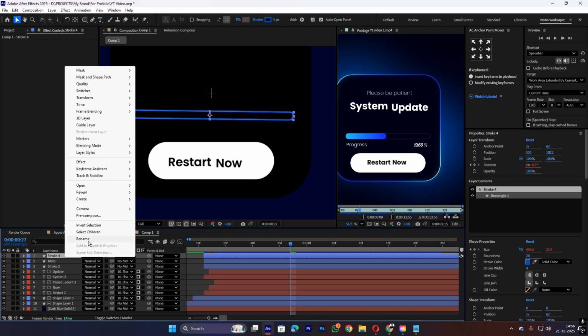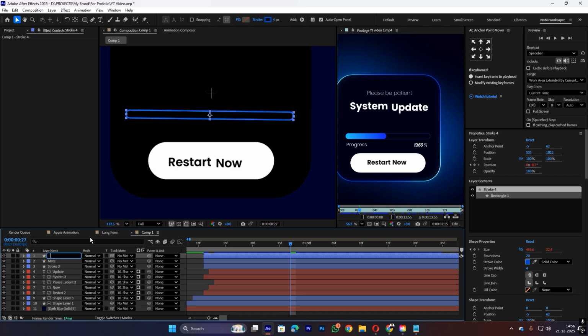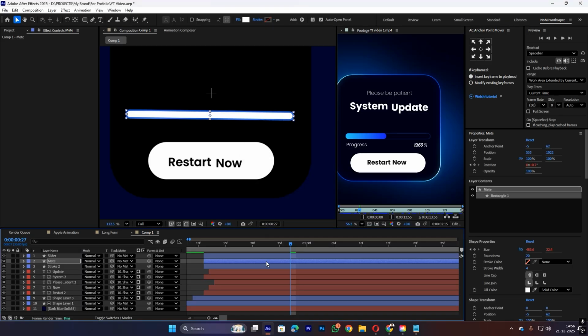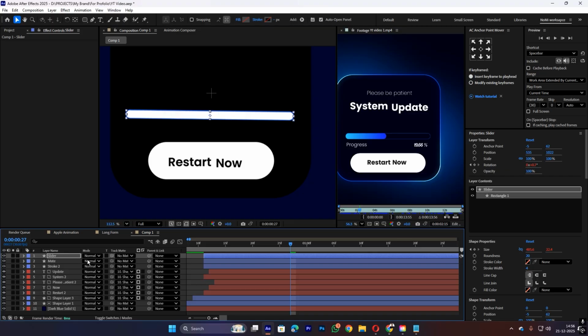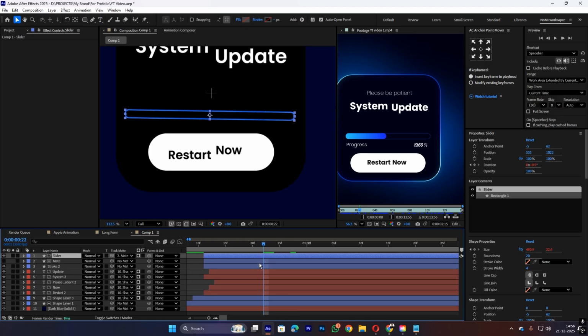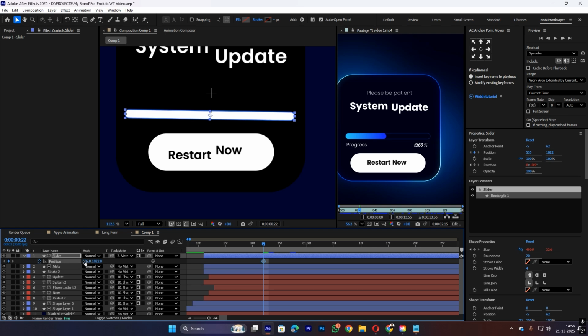and rename this slider. Okay, now what we have to do, disable their stroke, enable their fill option, also the upper ones, disable their stroke. Here just drag matte, here just drag this matte on this layer. When I change their position, okay, unhide this. When I change the position,